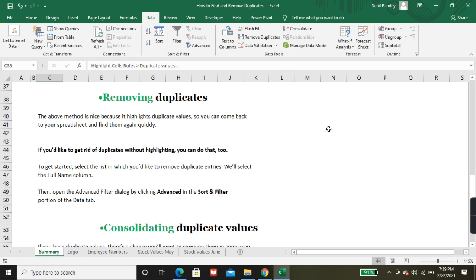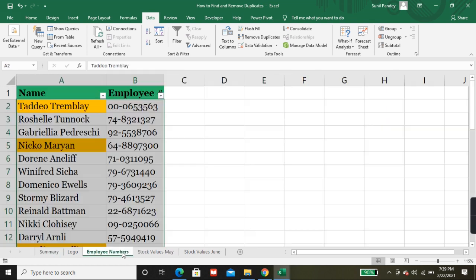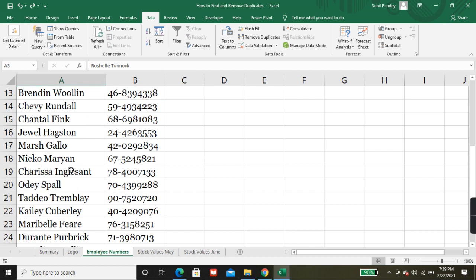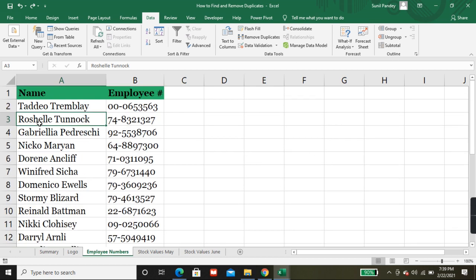We will select the full name column. We'll take this example only. I've just removed that one, and we need the unique data here.